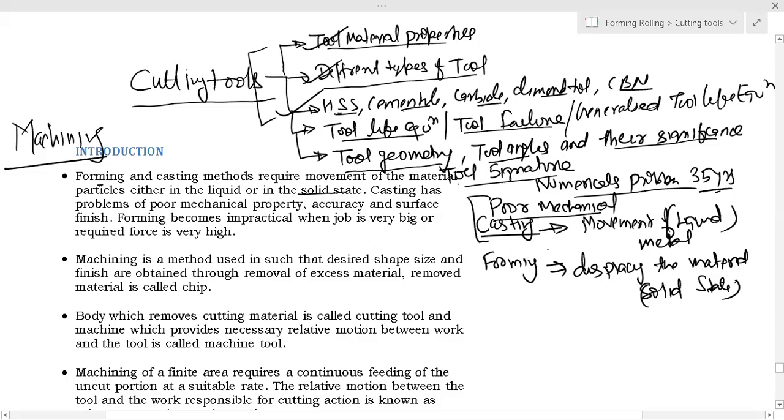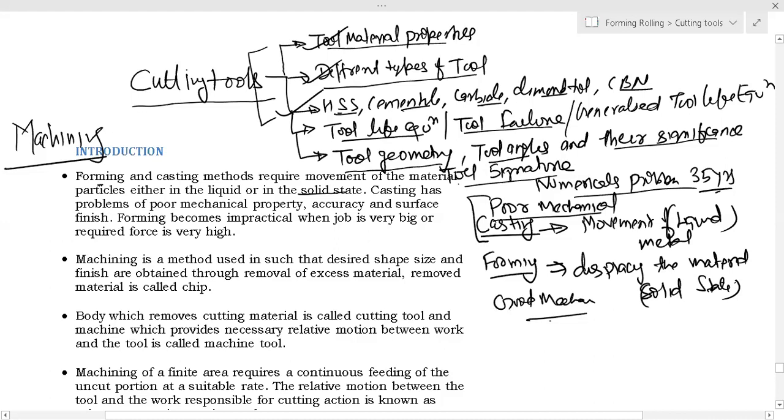Casting product has a dendritic structure. That dendritic structure is brittle in nature. So casting product has very bad mechanical property in terms of tensile strength and toughness or resilience, but it has very good compressive strength. So generally casting product is used for compressive elements. When we design a machine element of complex shape, but the required load is compressive in nature, we use that. Then forming process gives very good mechanical property,